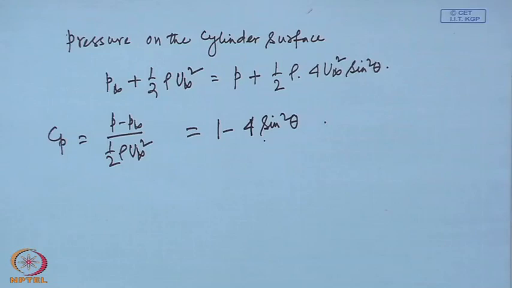Once again remember, lift force is the force component which is normal to the direction of undisturbed flow or normal to the direction of the free stream. In this case the free stream is along x, so its normal is y. So, the y component itself is the lift force,